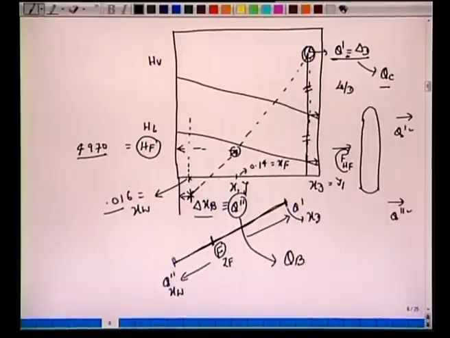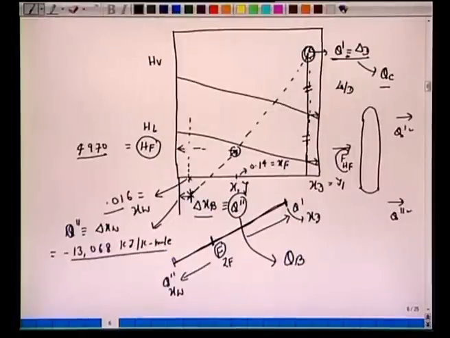All right. So if you go by this graphically, this will turn out to be that this enthalpy here, which is h, or which is corresponding to this Q'', or Δ xW, this will be minus 13068 kilojoule per kilomole. All right. And then if you recall, the definition for this Q'' is hW minus QB by W. So here we have minus, again, this was plus QC by D. So here we have the boiler, we are giving the heat.